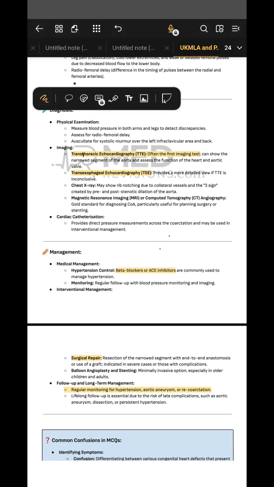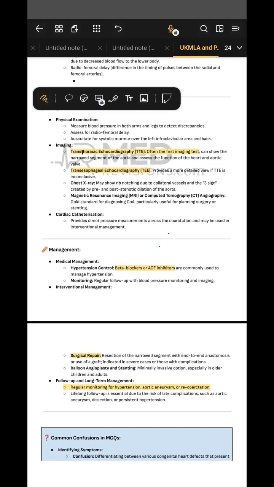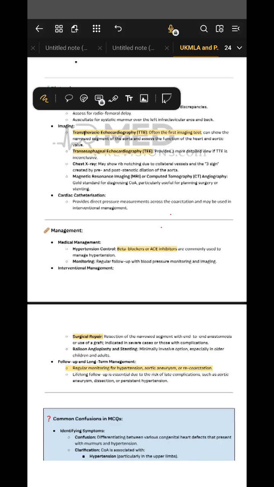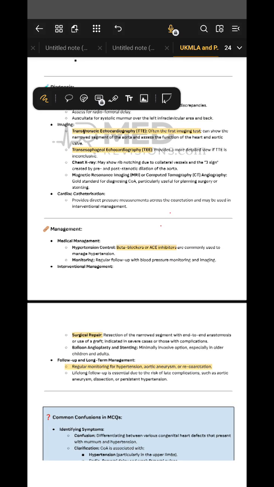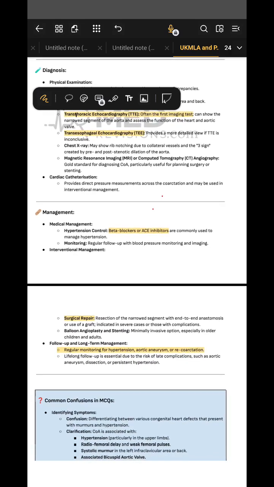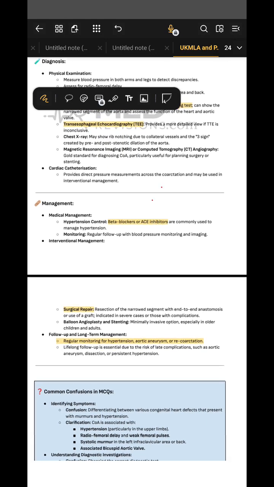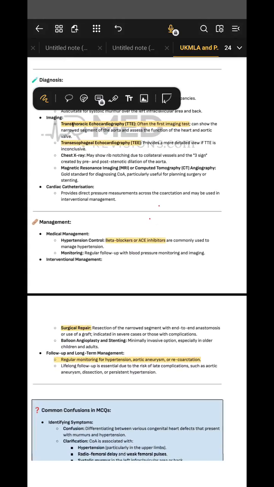So what is the diagnosis? Measure BP in both arms and legs to detect discrepancies, assess for radiofemoral delay, and auscultate for the systolic murmur over the left infraclavicular area and back. Imaging: transthoracic echocardiography, an ultrasound imaging test, can show the narrowed segment of the aorta and assess the function of the heart and aortic valve. The first imaging test is transthoracic echocardiography, and transesophageal echocardiography provides more detail if the transthoracic echocardiography is